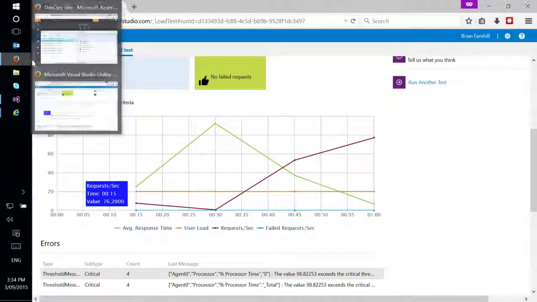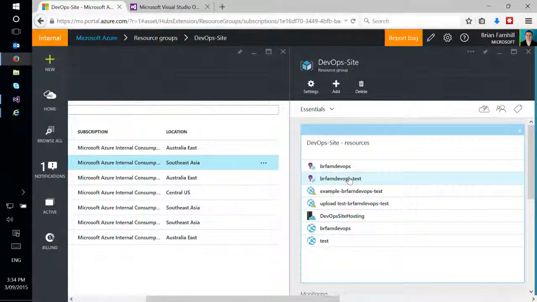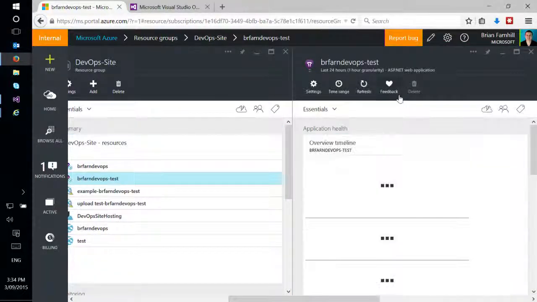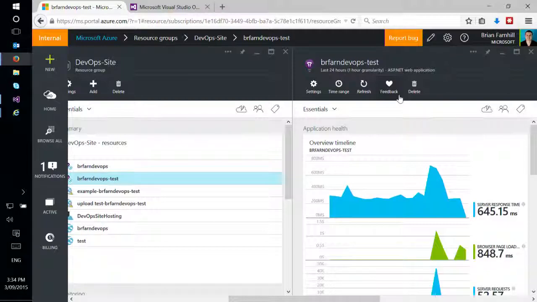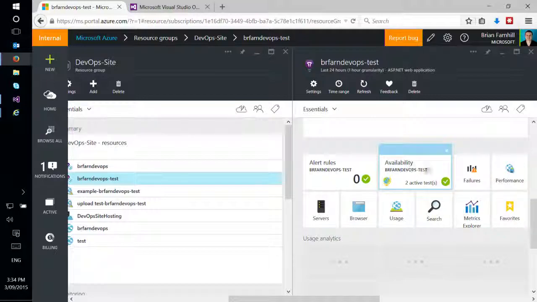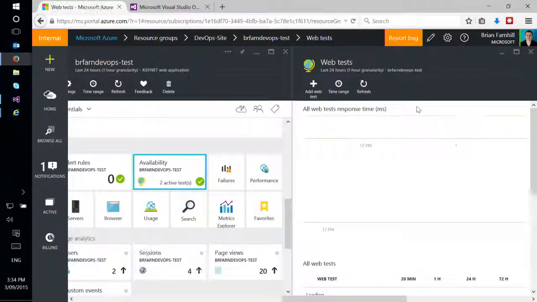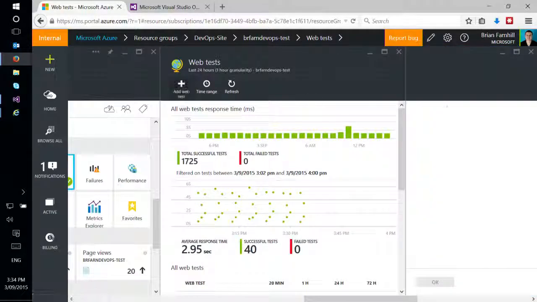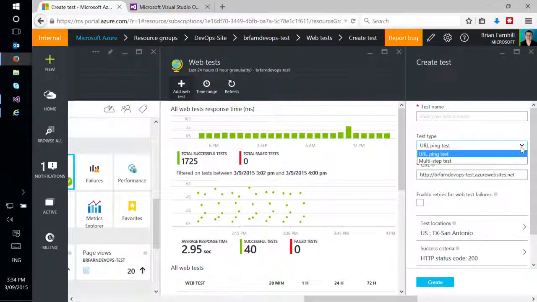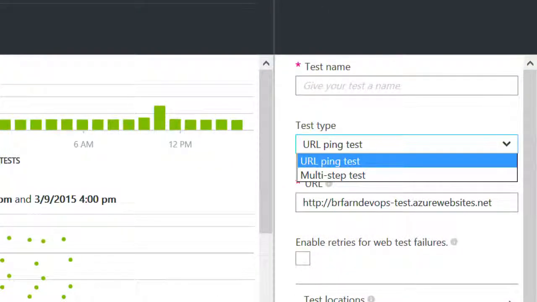Now, if I flick over into the Azure portal and into an Application Insights instance, this provides a telemetry platform, which again, I'll talk to more a little bit later. But one of the things that we get inside of this is this concept of availability testing. So in here, I've got a couple of tests that I've previously created. When I say add new test, it gives me an option of two different types of tests. One is a URL ping test, which is similar to that load test we executed. I give it a URL, tell it what status code to expect, and it'll check that for me every 5